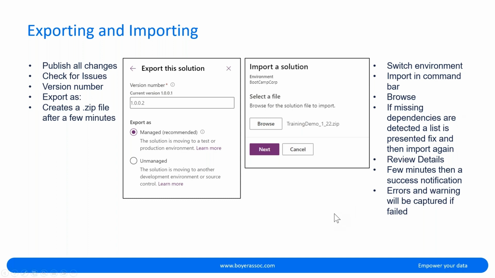Once you export, that solution downloads as a zip file. So then when you go into your next environment and you do import, you can actually just import that zip file. And when you hit next, it would ask you for an option whether you want to do an upgrade or you want to update. And I typically like to do upgrade because I want the latest and greatest changes into my production environment. And I realize we only have 1 minute, so if there are any questions, I will be able to answer those.